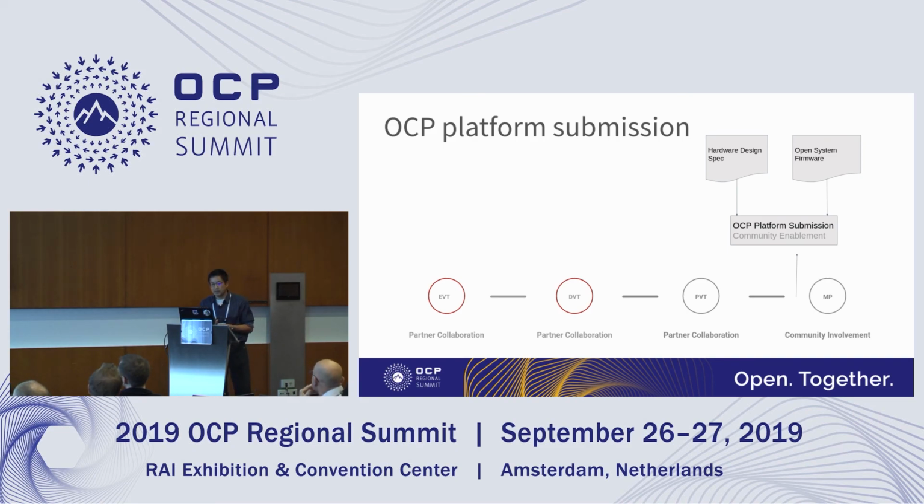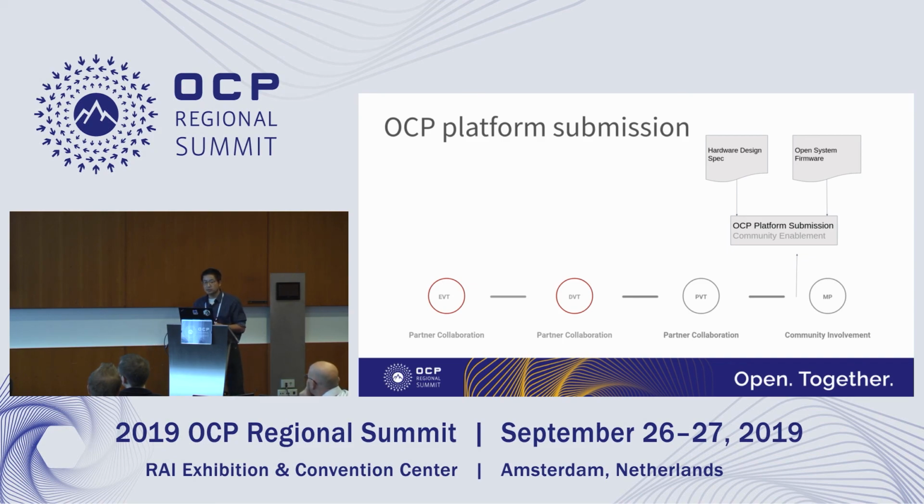So if we look at the timeline of how an OCP platform gets created, then during the EVT, DVT, PVT phase, that's mostly the closed door partner collaboration. And as soon as everything is good, it's going to be mass production environment, and all the quality issues, legal issues are solved. Then the OCP platform will be submitted.